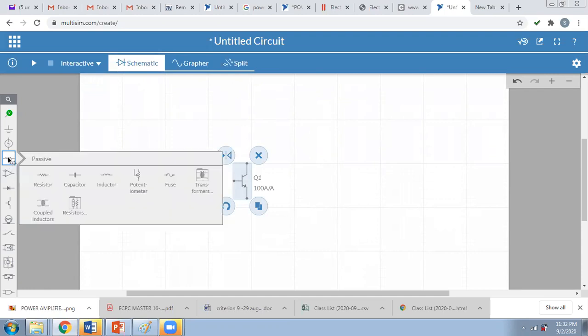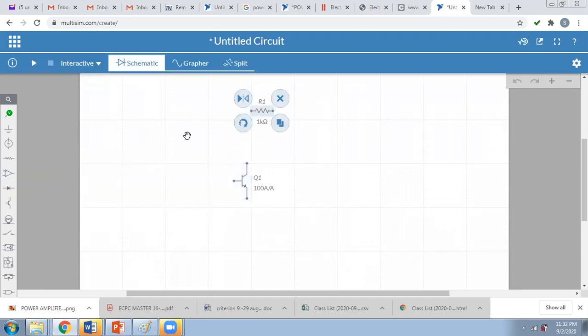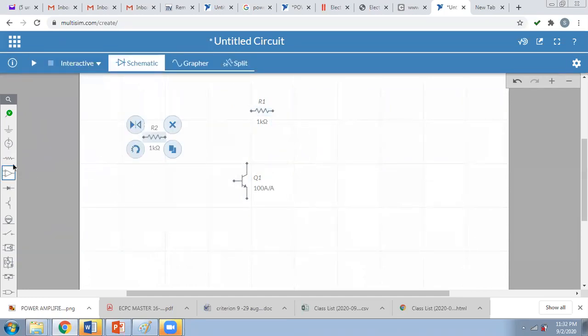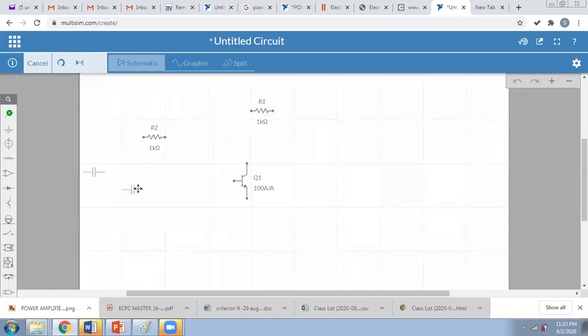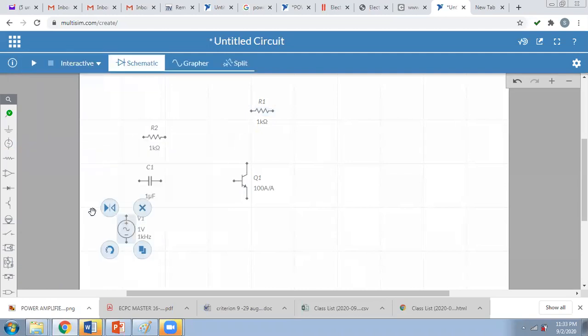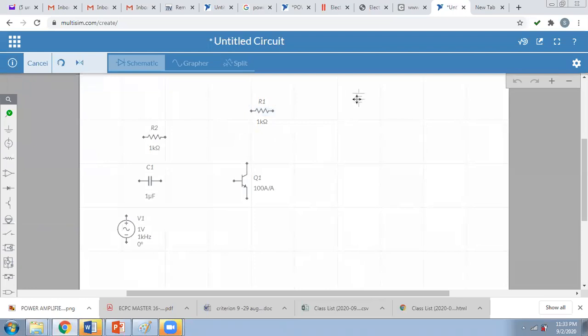Now click on the resistance, and we want two resistors. Next we want a capacitance also in the resistance part, because it is also a passive element. So one capacitance like this. Now we want voltage, so click on voltage, AC voltage for AC, and then DC voltage for DC. Next we want ground, so like this you will connect the ground.